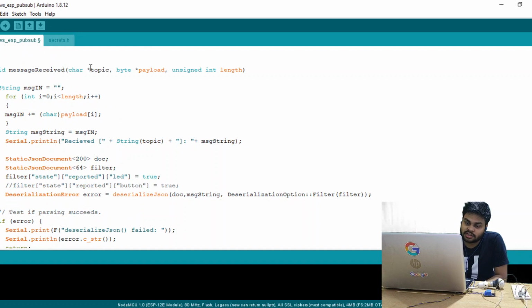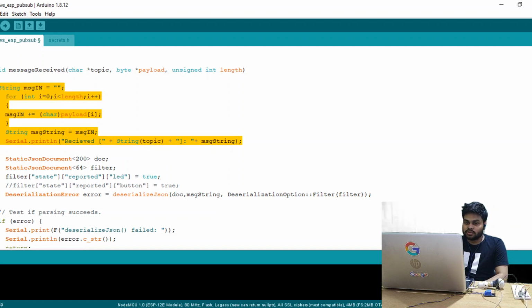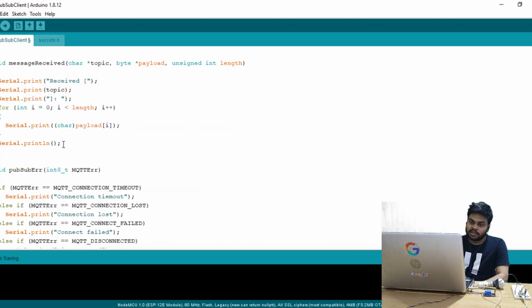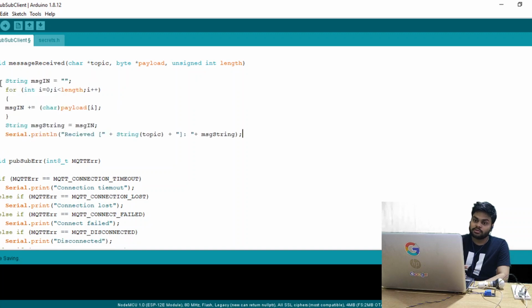This is another sketch. I have written this sketch as well, so I will copy and paste this one and try to explain it to you. Basically, the string message in will store the payload characters, all the characters which are received.